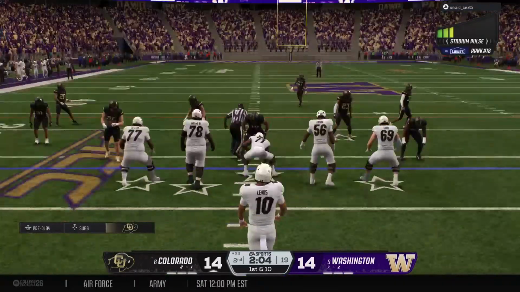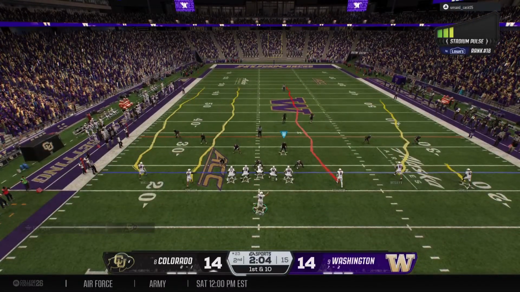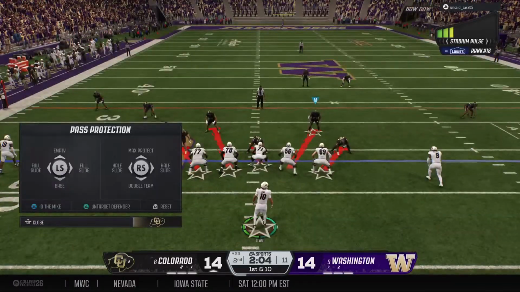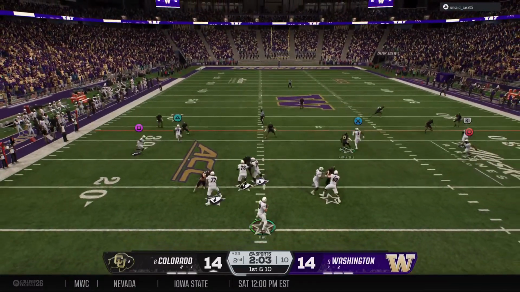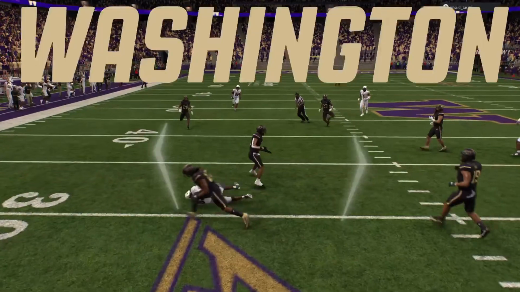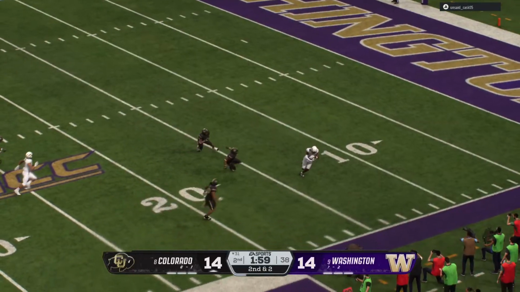Let's see if they can get something going here late in the half. First play of the drive, wants to throw. Got a man, it's Lockett. The clock winds down to 2 minutes, and we will take a pause for the 2-minute timeout.